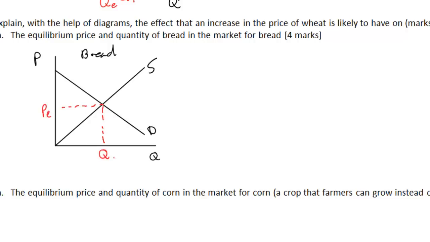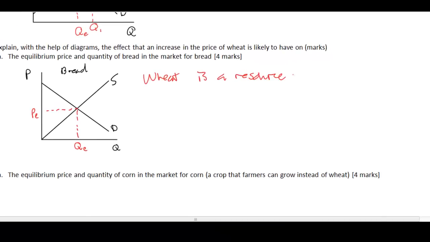So how are bread and wheat related? Wheat is a resource used to make bread. It should be clear right away that we are no longer talking about a determinant of demand. Wheat is neither a substitute nor a complement for bread. You don't eat bread and wheat together. Rather, wheat is needed to make bread. Therefore, as wheat prices rise, the costs of producing bread increase, and the costs of production are primarily a determinant of supply, not demand. So what we're going to see is that as wheat prices rise, this will lead to